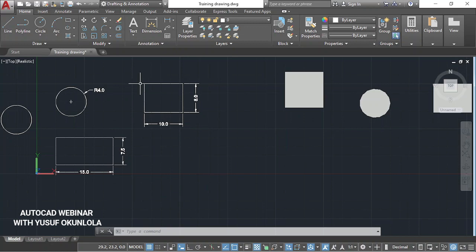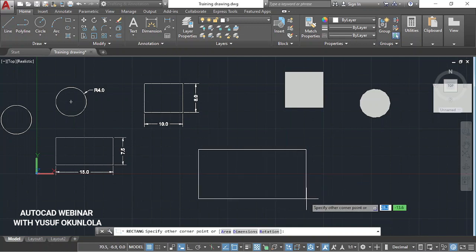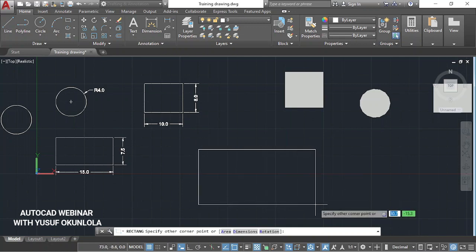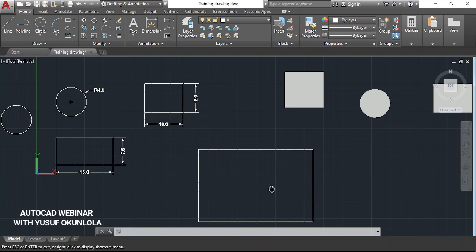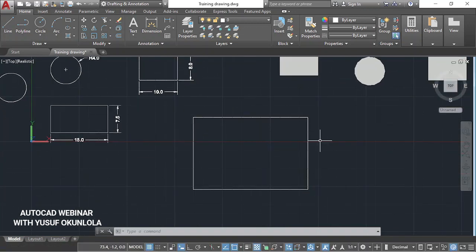So take for instance, let me just draw a rectangle, 30 by 20. Okay, so this is the rectangle. If I want to draw another rectangle that is going to be inside this rectangle with equal distance between this rectangle and this line that you see here,